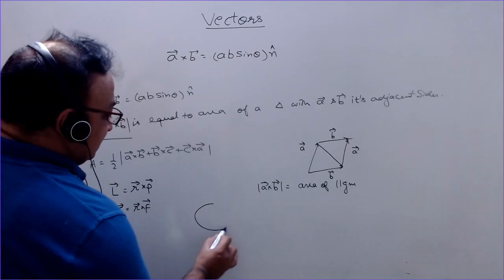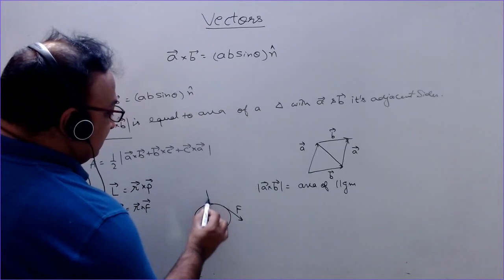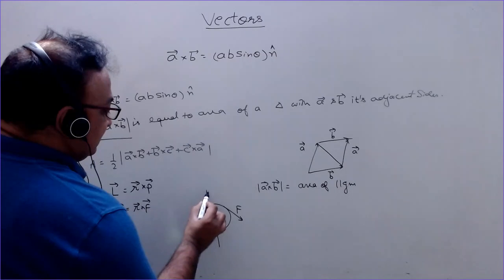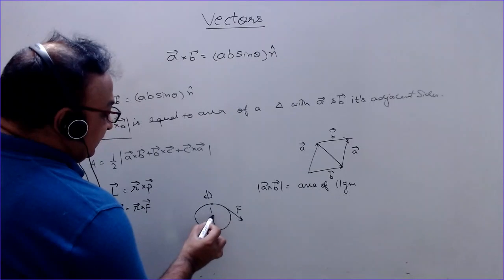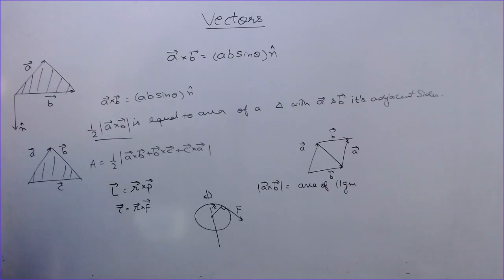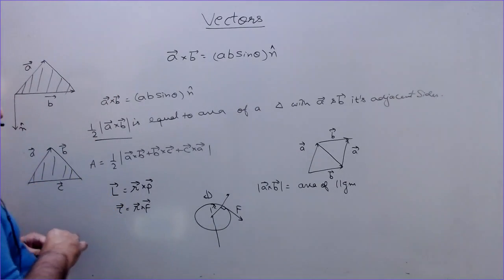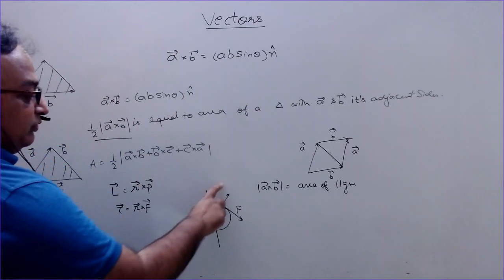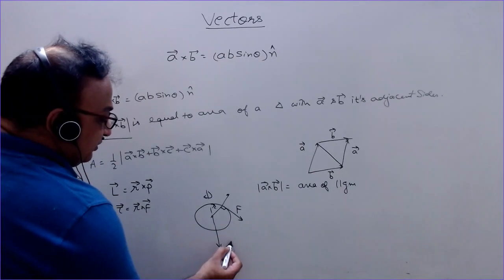Suppose we have a disk and you are applying a force F tangential to the disk so that it starts rotating about this axis. Then what is R? It is the distance of this point from the axis of rotation, that is equal to the radius. It is at an angle of 90 degrees in this case, but it is not always necessary that it will be 90 degrees. So R cross F: this is the direction of vector R, this is vector F. What will be the direction of R cross F? Move from R to F, and the thumb points in the downward direction. This is the direction of torque.